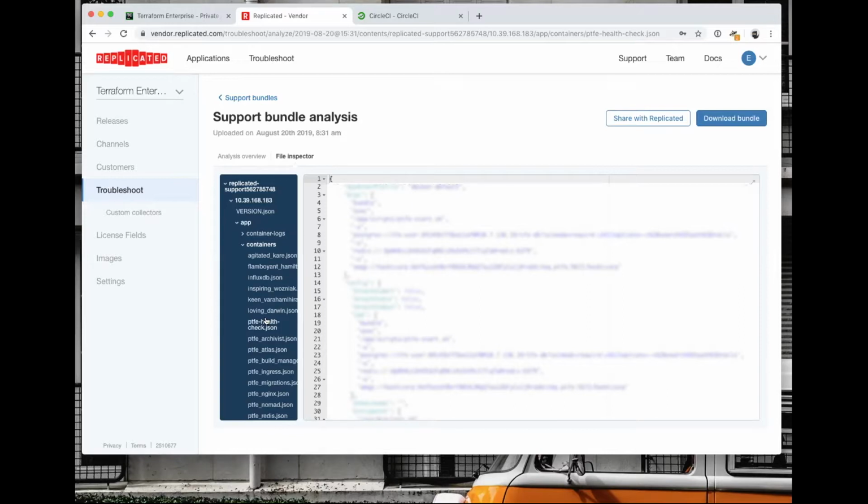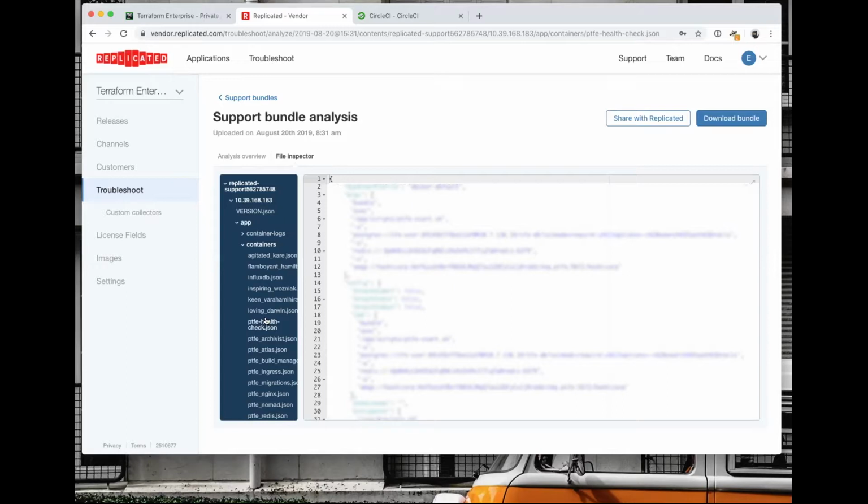The customer can say, it didn't work. And we can use that information to go back and say, well, it worked on Tuesday and it didn't work on Wednesday. So now we at least have a time frame that we can use within the support bundle to narrow down the search field. So that makes sense. That's cool.